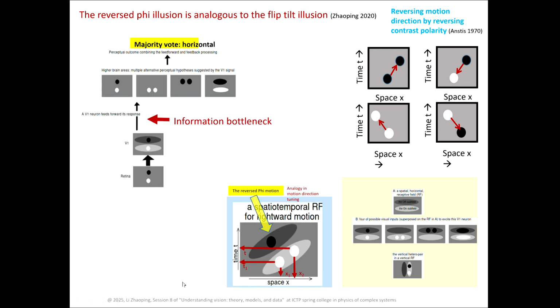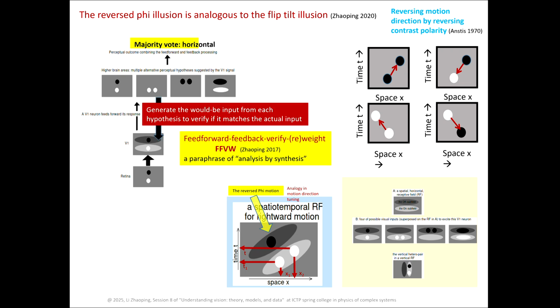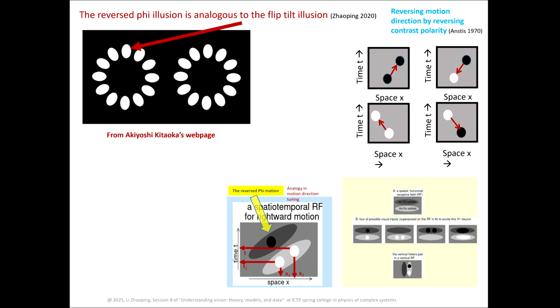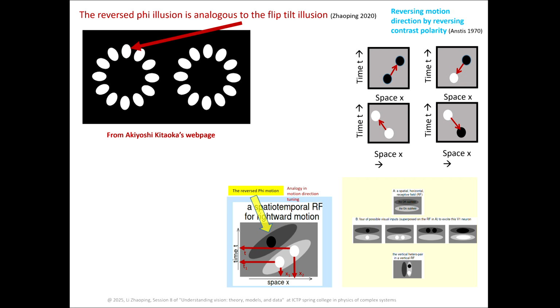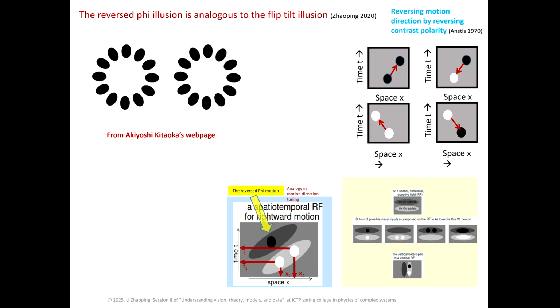Analogous to the flip tilt illusion, this illusion is weaker in central vision because top-down feedback to query for more information is available in central vision, according to the central-peripheral dichotomy. Therefore, we are not fooled by this illusion when our gaze is fixated here to put this element in our central visual field. But we can sense this illusion quite strongly when we move our gaze quite a short distance away.